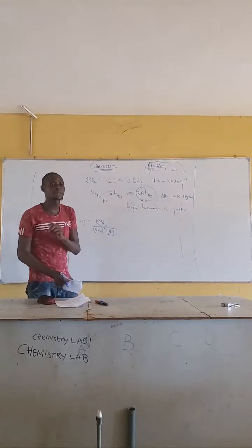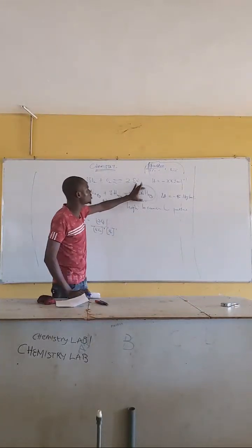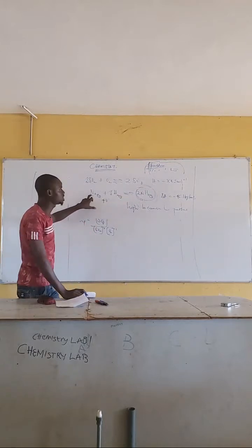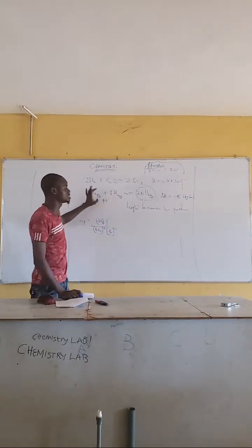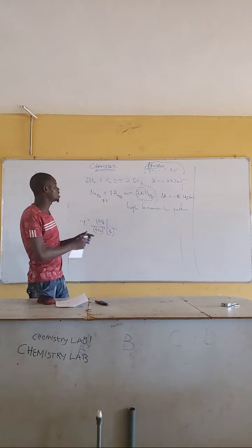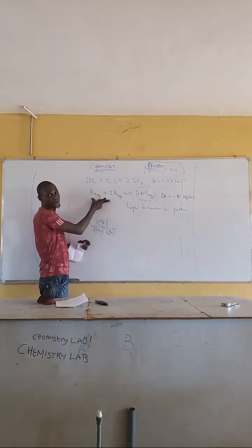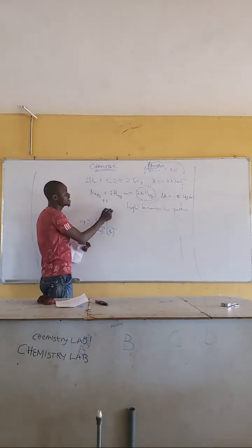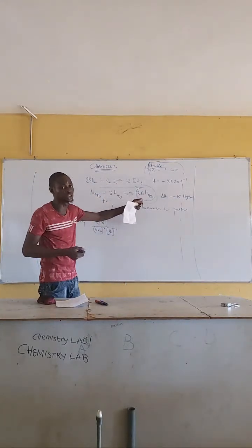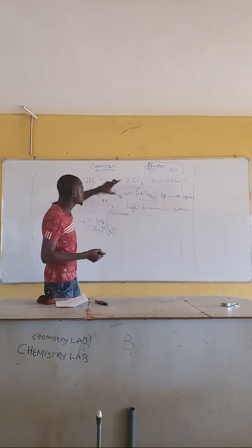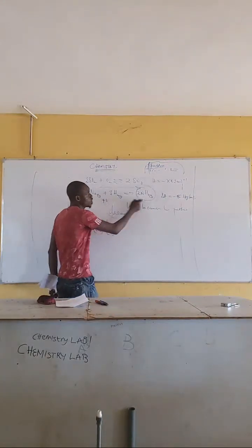Now, how do we use the temperature factor? Don't forget, for more ammonia to be produced, this reaction is exothermic in nature. If I increase the temperature, it will make the equilibrium position shift to the left. But if I decrease the temperature, the equilibrium position will shift to the right, which simply means more ammonia will be produced. Why? Because the reaction is exothermic. So the only thing that can increase the production of ammonia is to decrease the temperature of the system